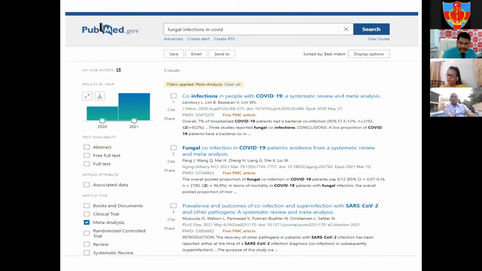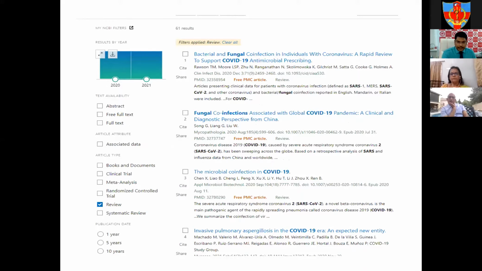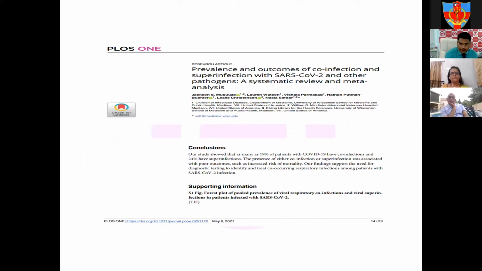So this data actually tells us, let us go back to the largest data, which is the third one here, which has done a review of about 7,000 articles. Out of that, they've distilled the gist of 120 articles in which 15,000 patient case studies were studied. And then they have come out with statistical points like pooled prevalence of the infections that happen with COVID-19 infection. So these are the articles that were put into that meta-analysis, and this was the article that I was referring to.